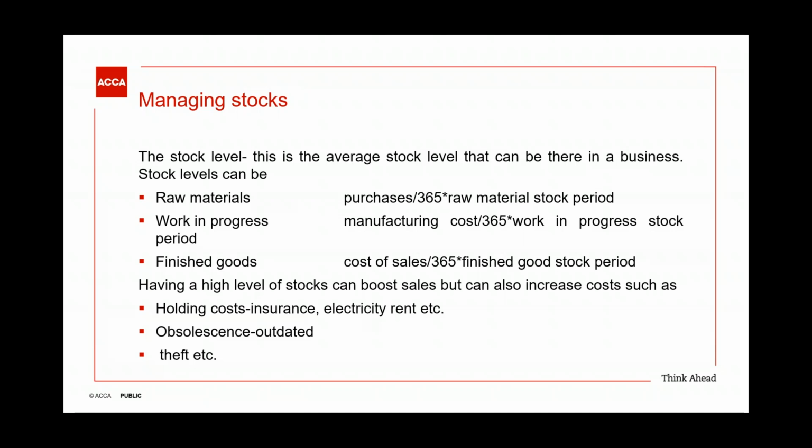I've also discussed now about managing stocks. So when it comes to business, depending on the type of the business, there can be three broad types of stocks: materials, work in progress, and finished goods. And I've just discussed how to work out each of the different levels of stocks which you're going to hold. Now, for some, if you're something like a brewery, your work in progress stock levels is very, very high,